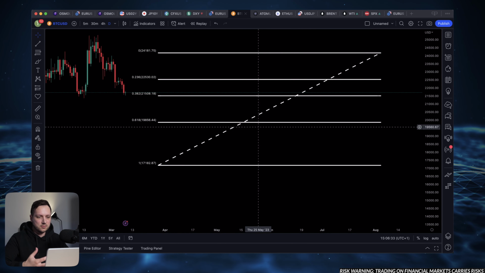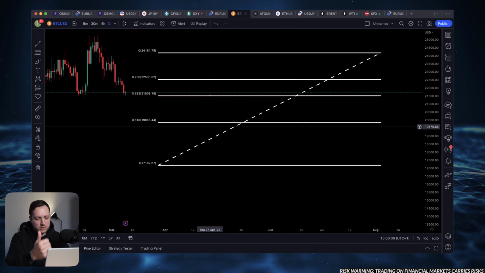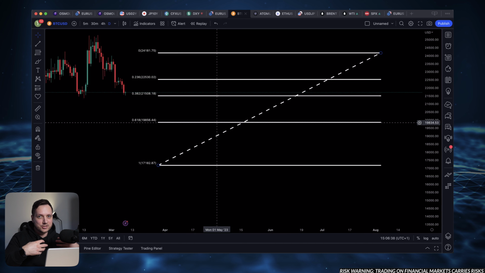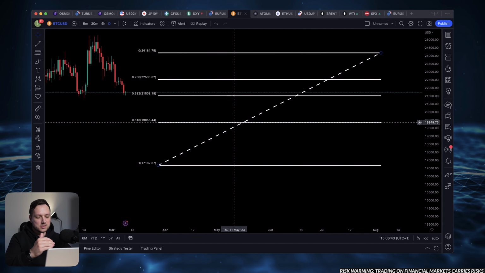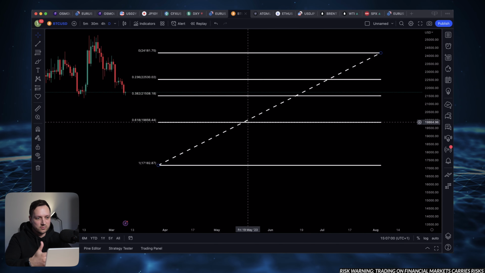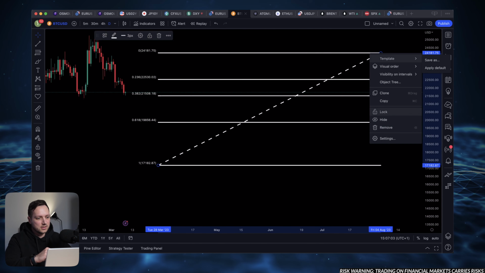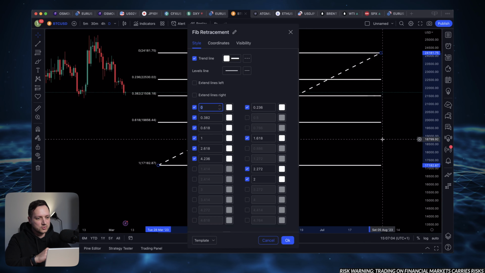But in trading, while using the Fibonacci tool, you do not only use Fibonacci numbers. So we need to add other levels to this tool, because you will see in a moment that those levels are also well respected by the price movements, and therefore it is advisable for you to add them to your Fibonacci tool if you haven't got them already added by default. So let's right click, go to settings, and we need to add 0.5, 0.786 and 0.886 and